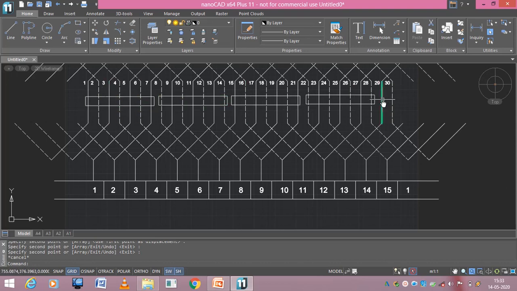Now I have 2 left out conductors. Among these 2 left out conductors, one should come under the north pole and the other one should come under the south pole. So before deciding which conductor will come under north and south, first we need to identify the position for the brushes. So these conductors will be helpful to identify the location of the brushes.